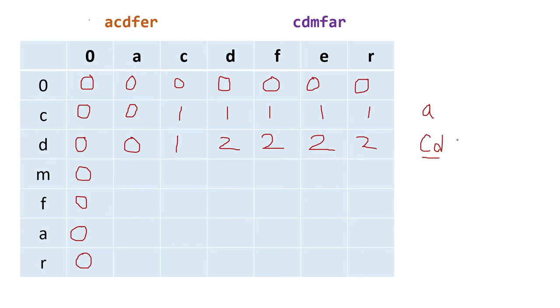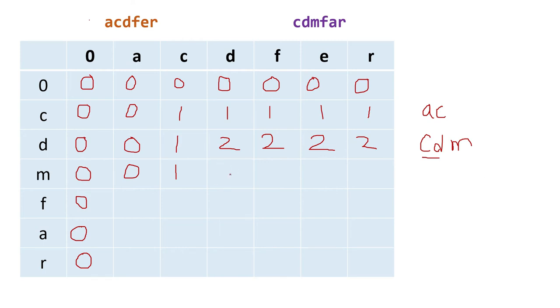So now it will be CDM and this side it will be A. So between A and CDM common is 0. Then after that it will be AC. So C is common, so it will be 1. Now we will talk about the formula here.